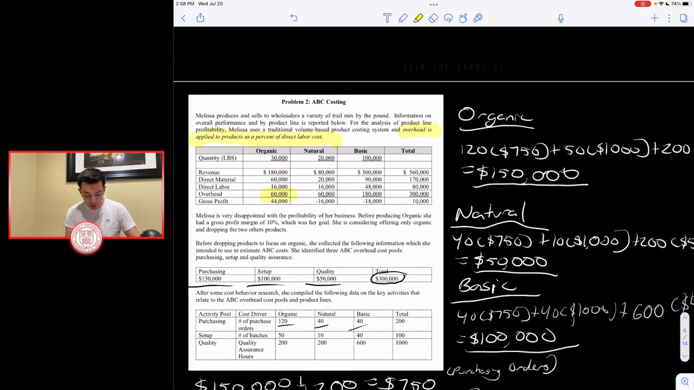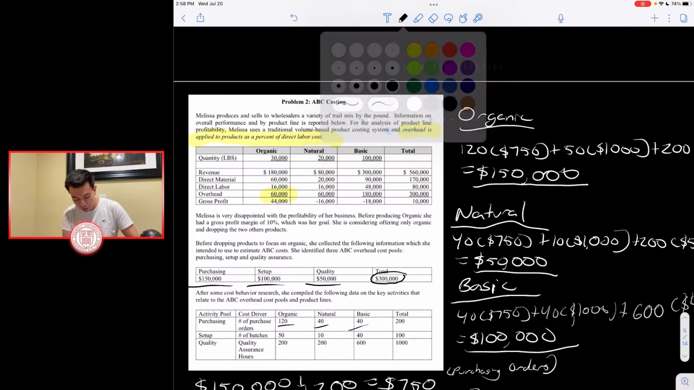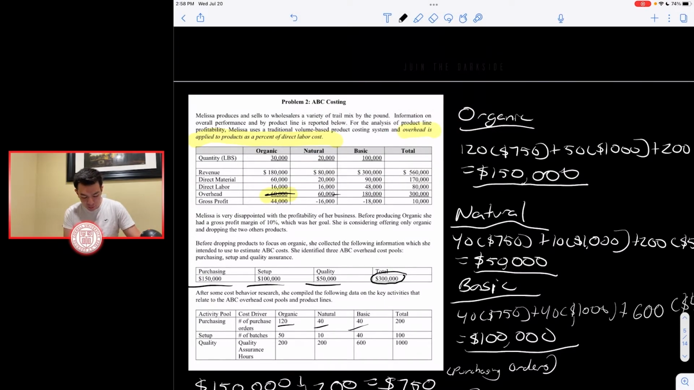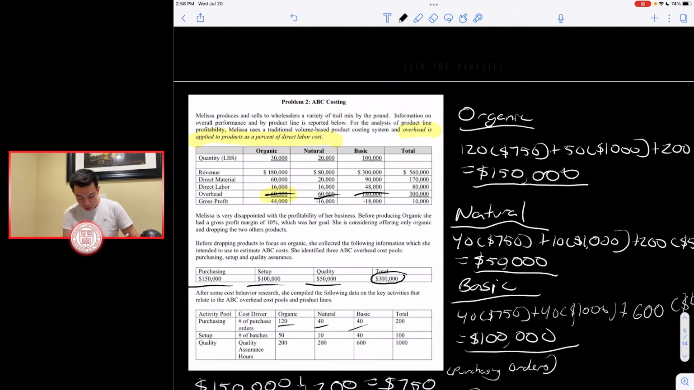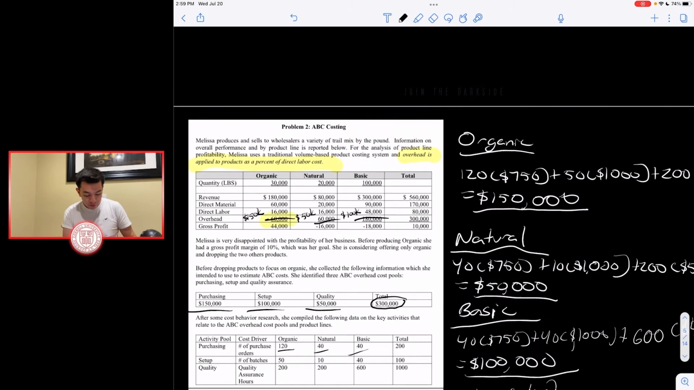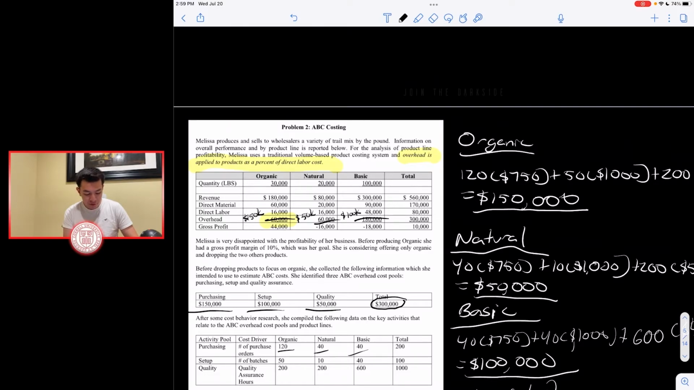And what we're going to do here is take out these numbers here. I'm going to write in black actually, so it's a little bit easier for us to see. We're going to take out these numbers and replace them with our ABC costing figures, right? So this one will be 150K, this one is going to be 50K, and this one is going to be 100K. So basically we're going to take the revenue minus direct materials minus the direct labor minus